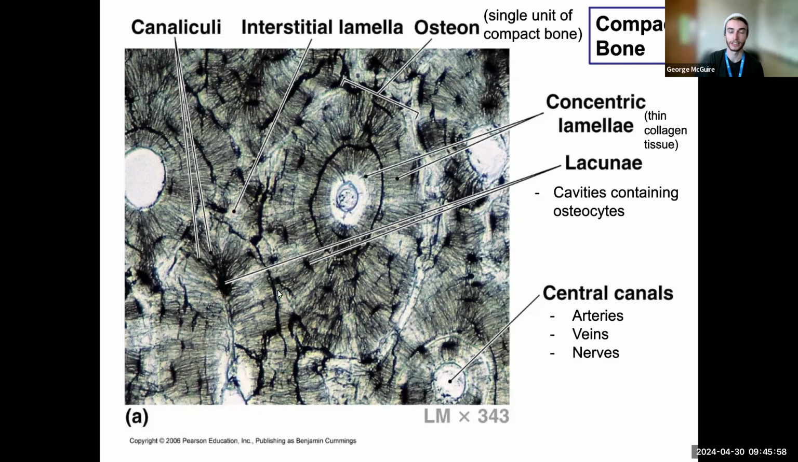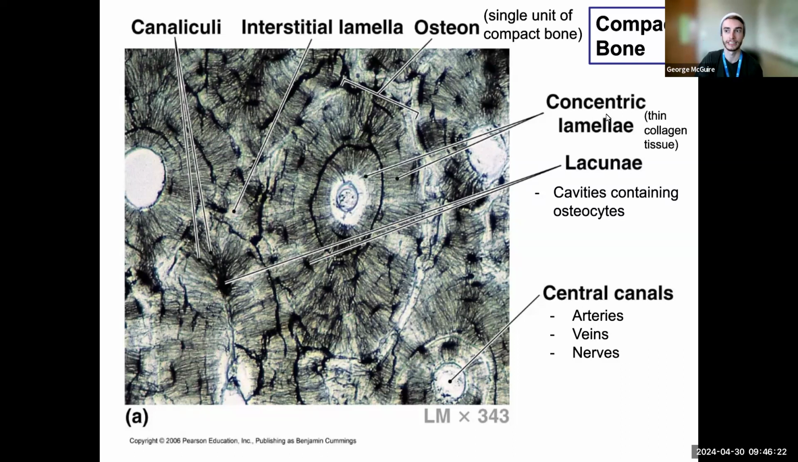And you don't see osteons in spongy bone. The structure of the organization of the material is similar, but the higher level organization is different. So anyways, the name osteon is referring to compact bone, a single unit of compact bone. And what we get are these three